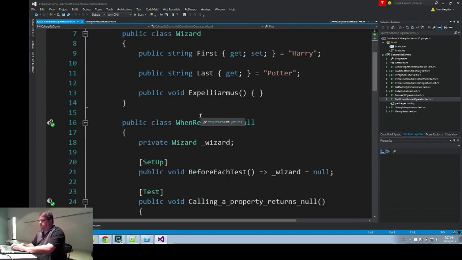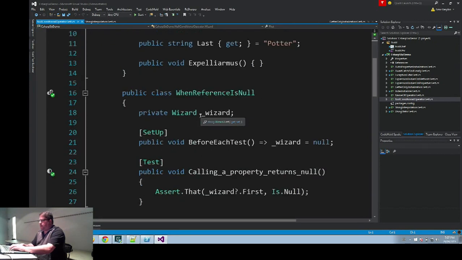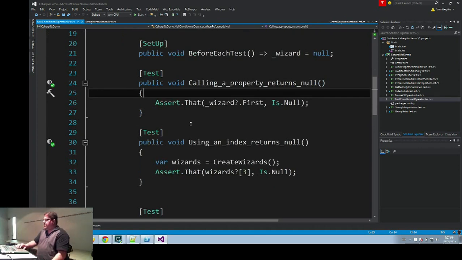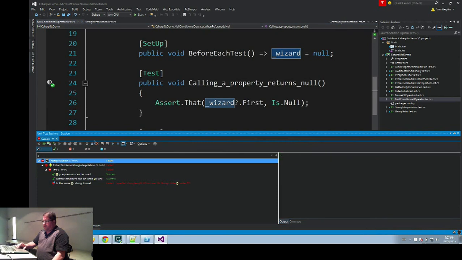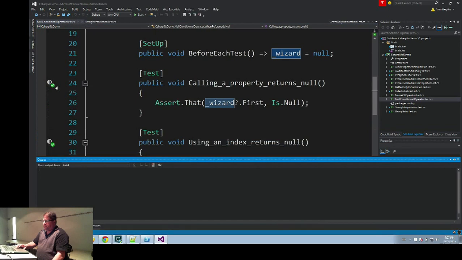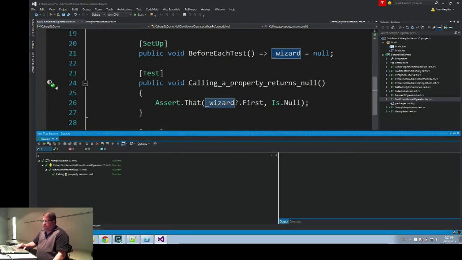So here I have a reference to a wizard that is null, and I'm trying to call the first name on a wizard, right? And I want to check that when the wizard is null, the property will be null too. Let me kill this and run it again. And success. Next,